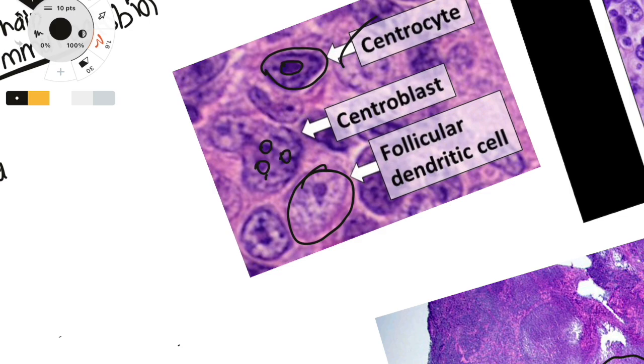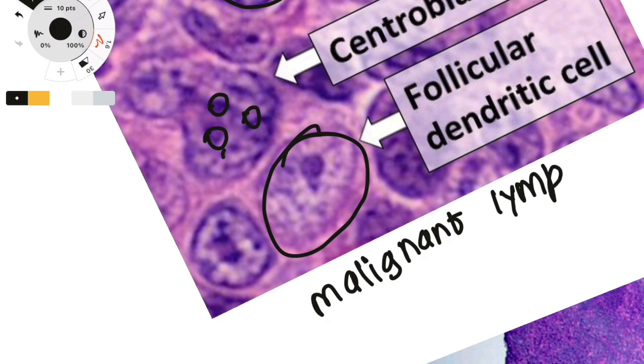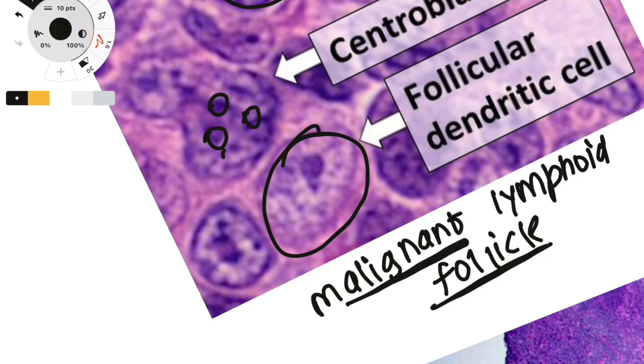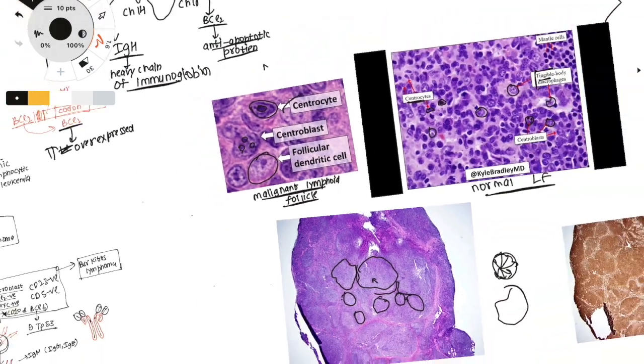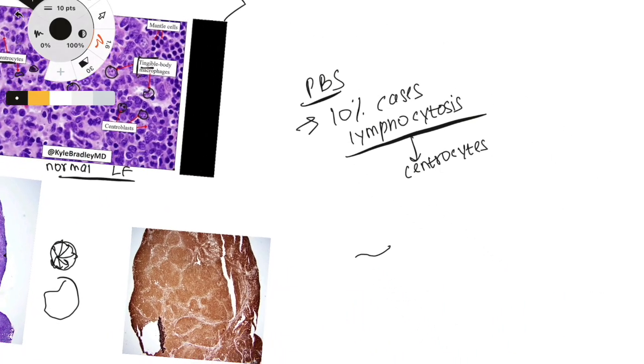Why would it die? It will accumulate a lot of mutations inside it, and it will undergo as many mutations as it wants to, because of the immunity granted by BCL2. So that is what is happening there. This is a malignant lymphoid follicle of follicular lymphoma. So that is what we get in a lymph node biopsy, and the appearances of centrocyte and centroblast in a microscope. Now if we do the immunohistochemistry,